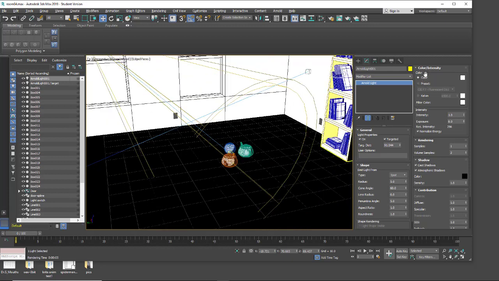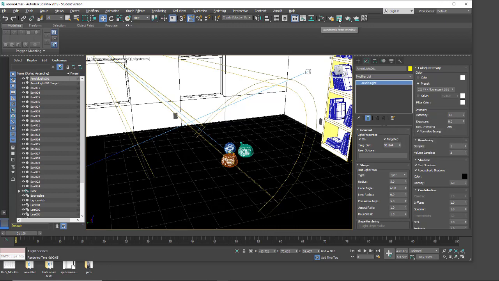So we have similar controls as we do with our photometric lights. We can adjust the color. We can come down here and enter a Kelvin value. We can also use presets for different types of light bulb. And here we have our intensity and our exposure control. So with the exposure control at a setting of 8, it takes and multiplies our intensity by a power of 2, and we end up with an intensity of 256. So when we're doing this,